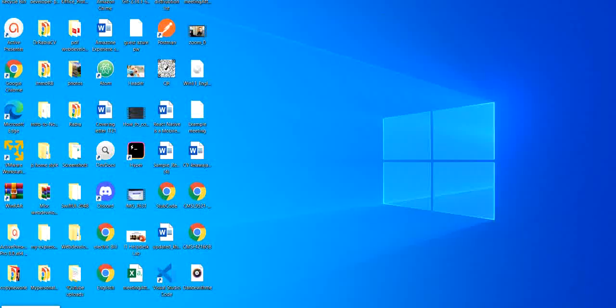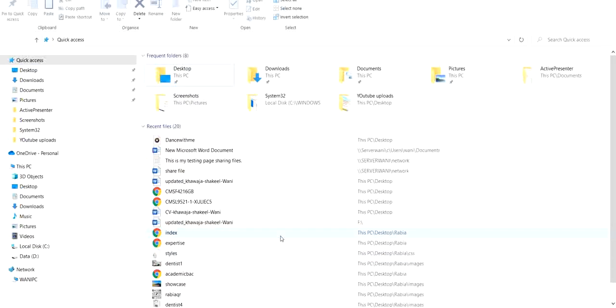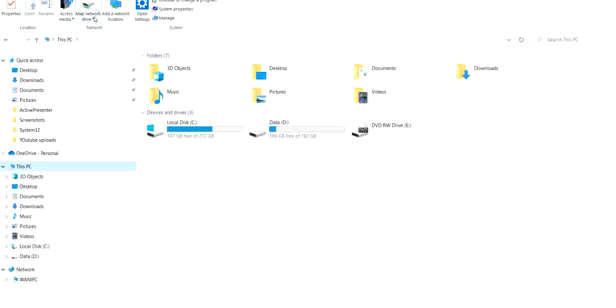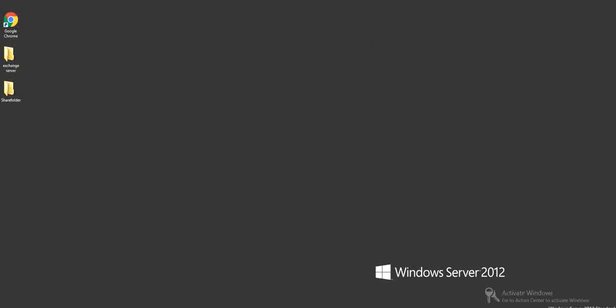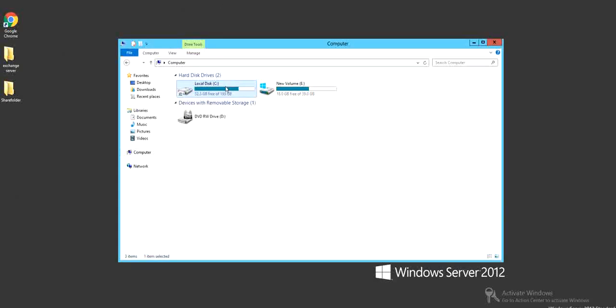Here's Windows 10. We will click on File Explorer. Another way, as I told you, is to press the Windows key plus E. This will open. Now on the left hand side we can go to This PC and click Map Network Drive. There is an easy way to do this. Go to that computer, go to Explorer and go to